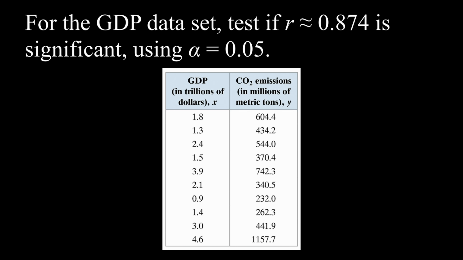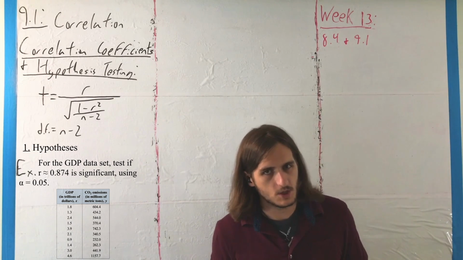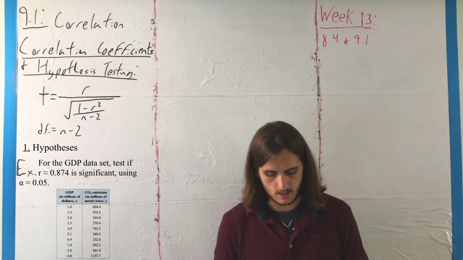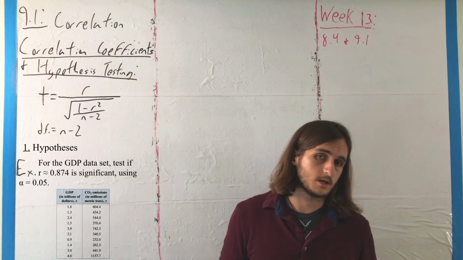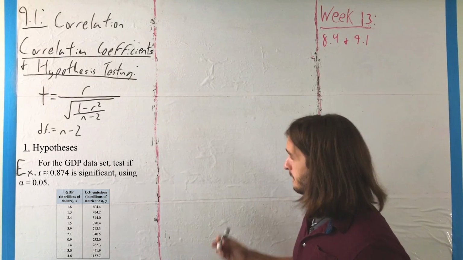So for this example, we want to take the GDP dataset and test if that correlation coefficient we got in the previous, R is approximately 0.874, is significant using the standard level of significance alpha equals 5%. So the way we're going to start this, we don't have that same sort of verification work that we did before. We're going to jump straight into our hypotheses, where here, because we're just seeing if there is significance, we're not trying to determine whether it's positive or negative, we're just looking for any,